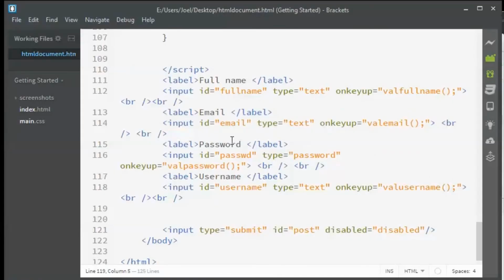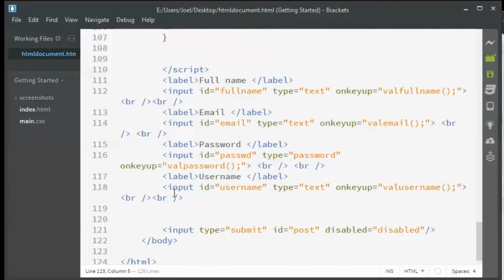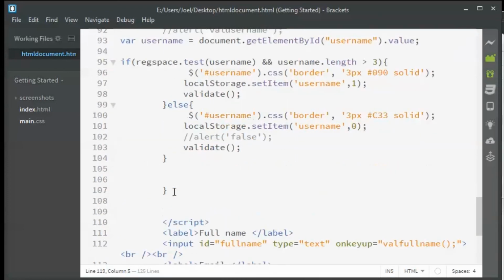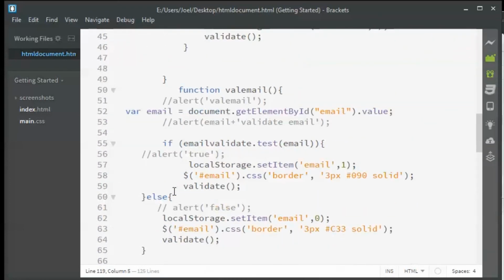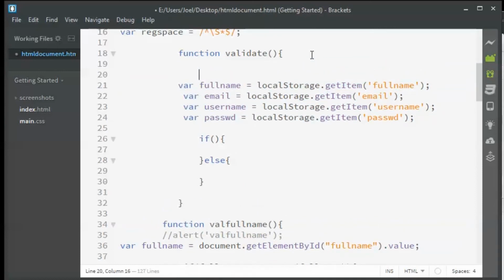So my target is that when all the input fields are validated, I want the disabled button to turn enabled. Okay, so basically this button that you see is grayed out. It will be normal, it will be clickable. So we need to write some JavaScript code for that. With the help of jQuery, it is possible to enable that button. So here we are getting the values from the local storage. I'm just putting in a comment